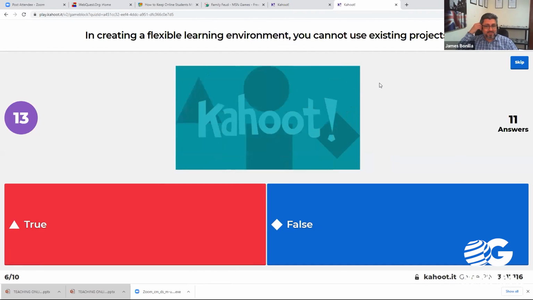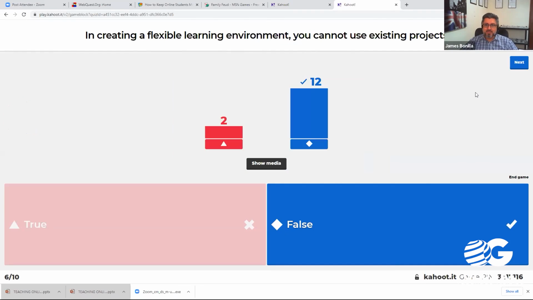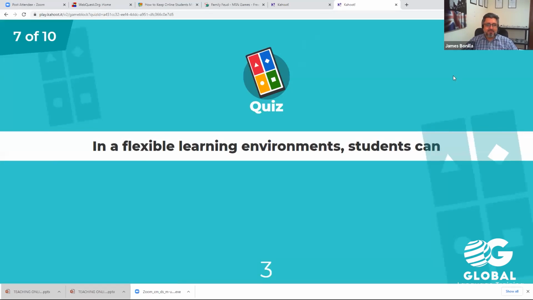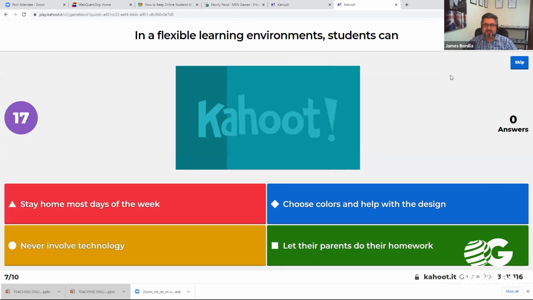I mean, that's an easy one, actually. Okay, we need one more person to answer. There we go. It's false. I mean, we're proving that wrong because we're using existing resources right now. In flexible learning environments, you'll find some typos and mistakes on these things, by the way. Students can